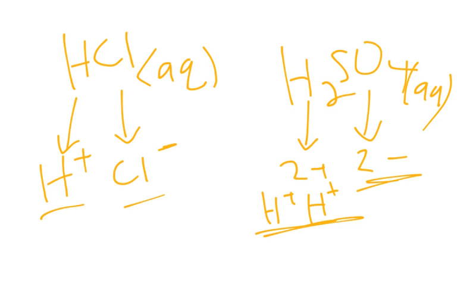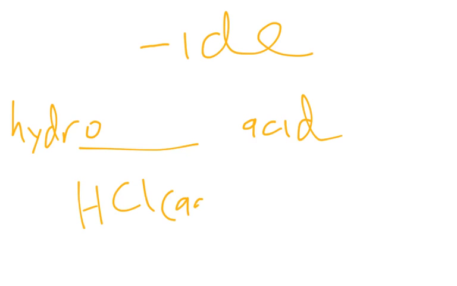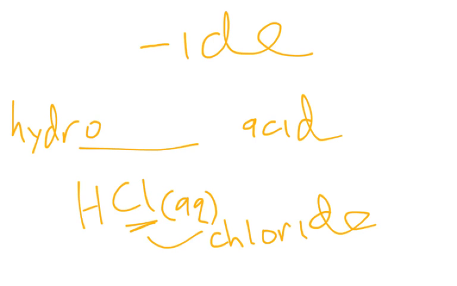So now let's talk about the rules. If we have an anion that ends with an IDE, we will name it in the following fashion. It will be hydro blank acid. And what I mean by this, well, let's take HCl aqueous. If this is the anion, which is chloride, then we basically have to change the ide form to an ic form. So this will be called